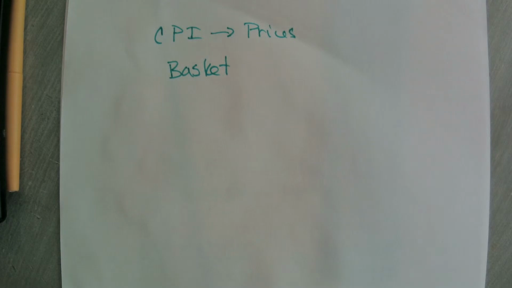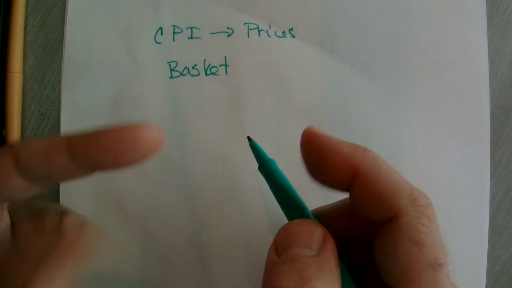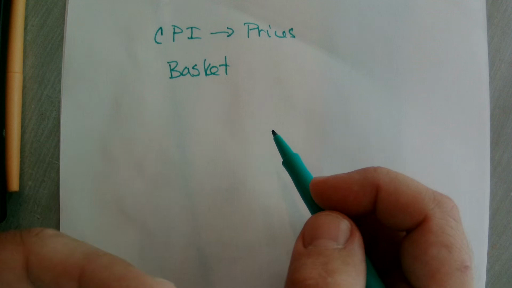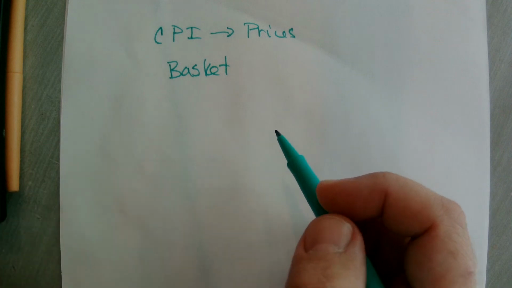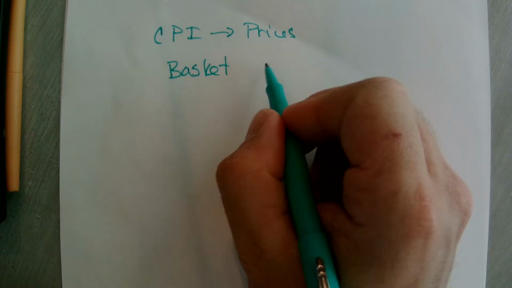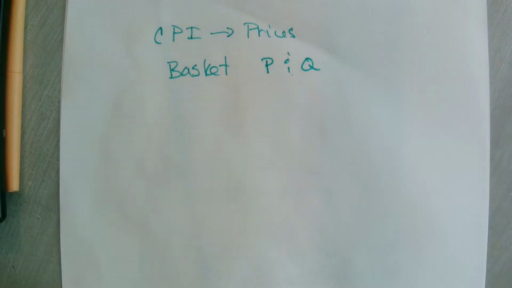What do I mean by a basket? Let's think of the consumer price index, and let's think of a shopping basket, a shopping cart. What's in your shopping cart? Eggs and milk, so there are different items in the basket, and there are also different quantities, right? Like a dozen eggs, maybe a gallon or 2 gallons of milk. So all baskets have both prices and quantities defined in them.